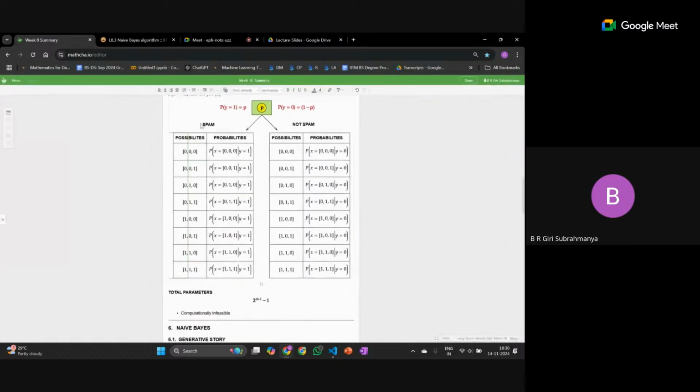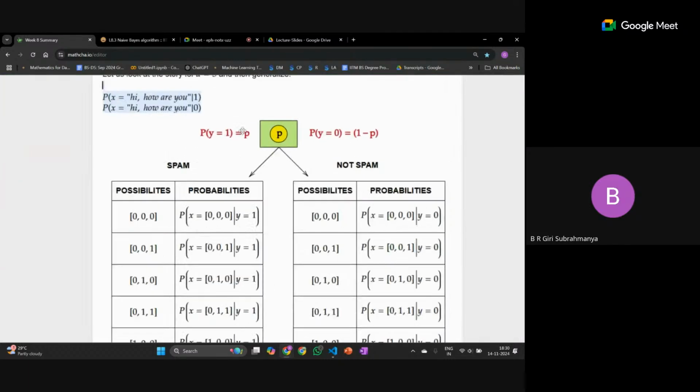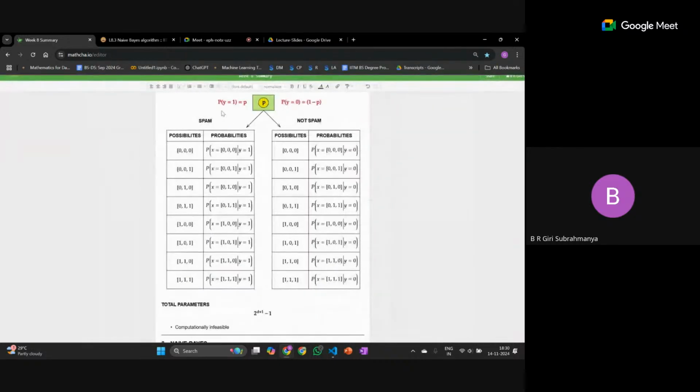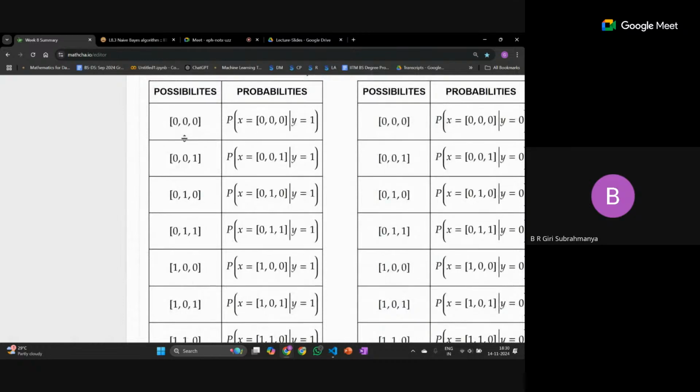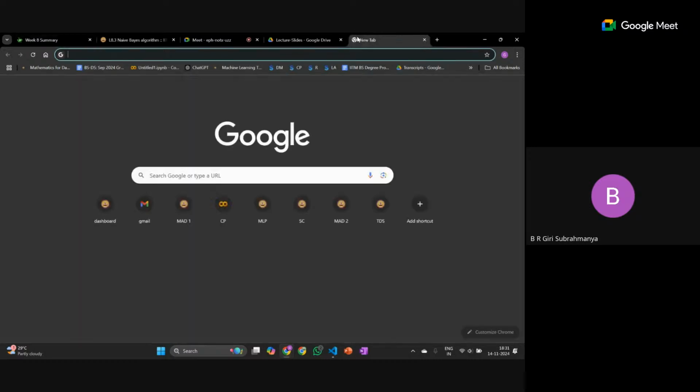Now for every data point, you are going to generate, what I mean is, the assumption is that every data point is going to follow this model. First you will flip the coin. Then once you flip the coin, an email is going to be generated with this probability. And an email is going to be generated with this probability, right? So what does that mean? Maybe I can